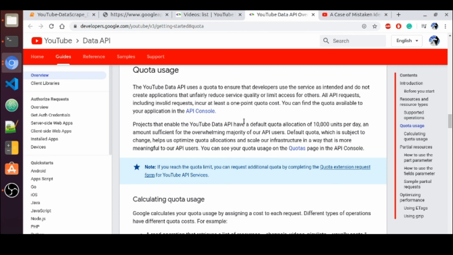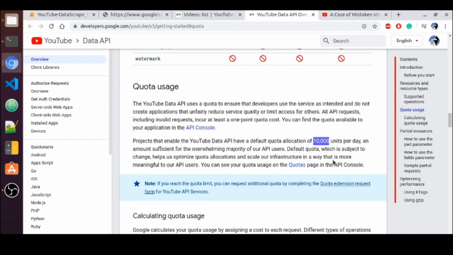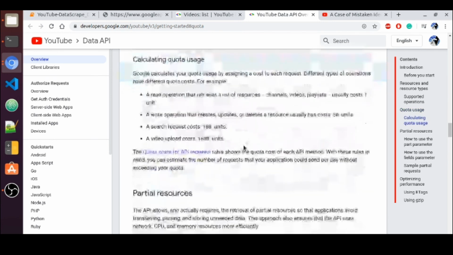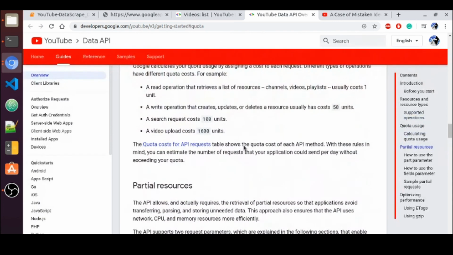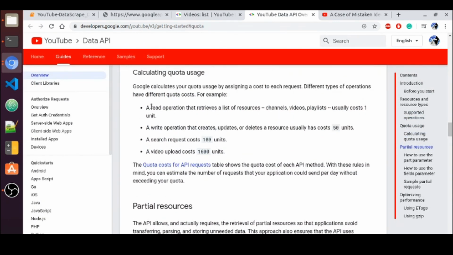See here, you can see, right, for this YouTube Data API, we have a quota allocation of 10,000 units per day. And the units may differ based on the kind of operation you are trying to do. For example, if I want to read data from the YouTube URL, the read operations, something like we have done with the channel ID, and we are going to pass the video ID as well. For these kinds of operations, it costs only 1 unit.